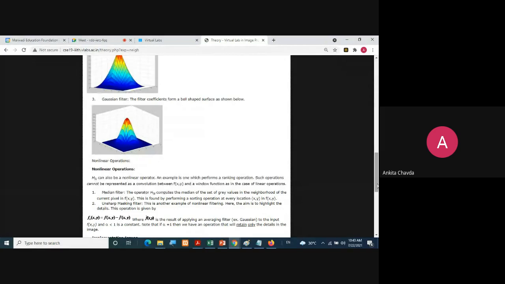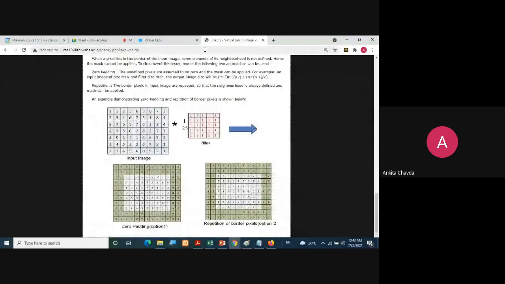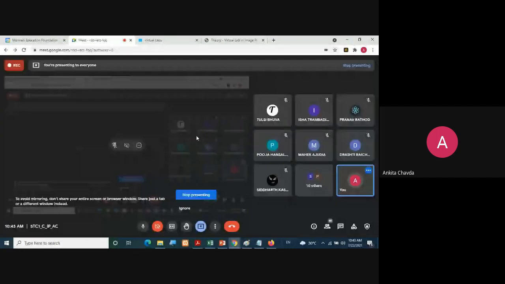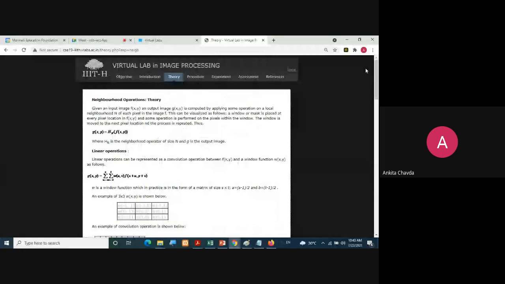What I said, you will learn about this too: smoothing and sharpening. What you are doing here is smoothing. Smoothing means it will blur the image. So these three filters they have given, and they have also given other filters. There is the median filter, one in the spatial domain, and in the frequency domain, the unsharp filter. That too they have given.